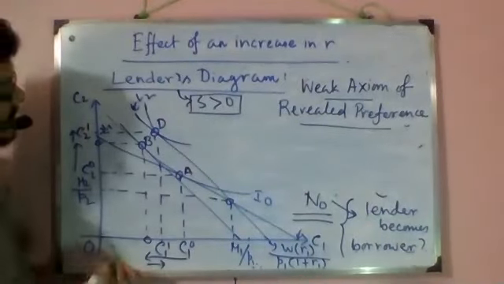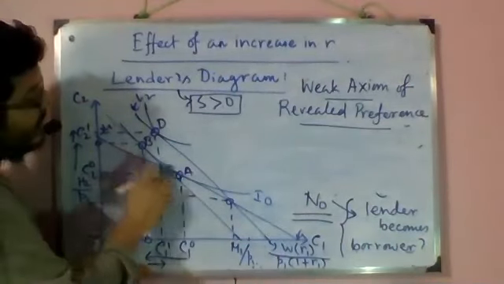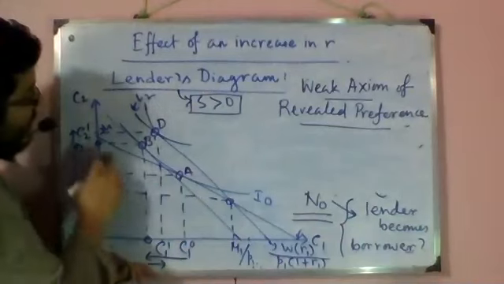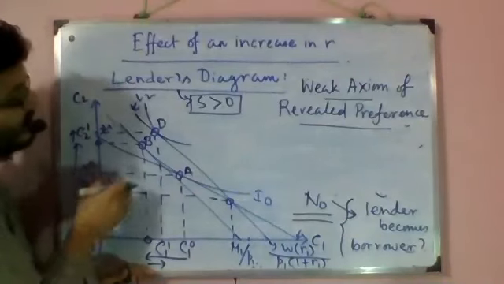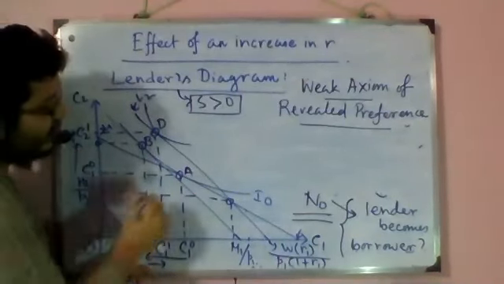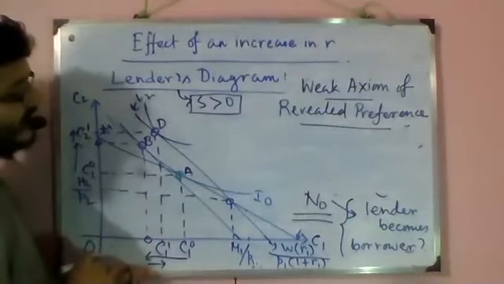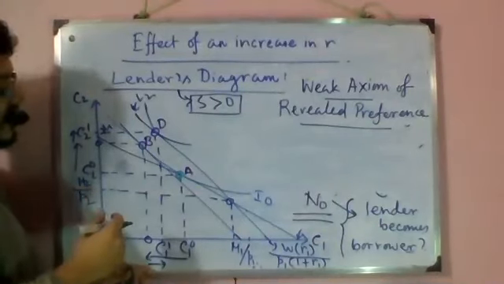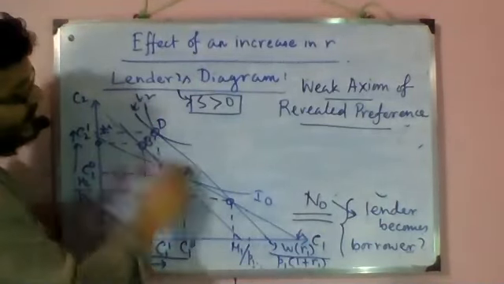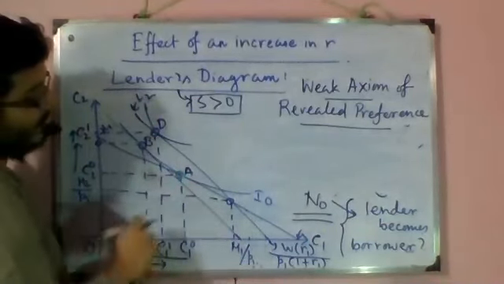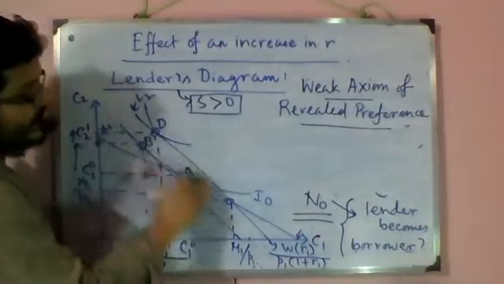See, this line L1 was the initial budget line, and given this initial budget line, all the points on the budget line and below the budget line were available to the consumer, and given that, the consumer chose this point, right? Now, when the budget line with an increase in R becomes steeper, the budget line becomes this L2. Right? Okay. Now, with this L2,